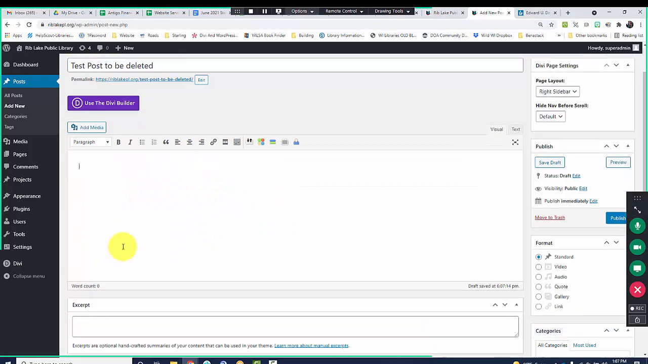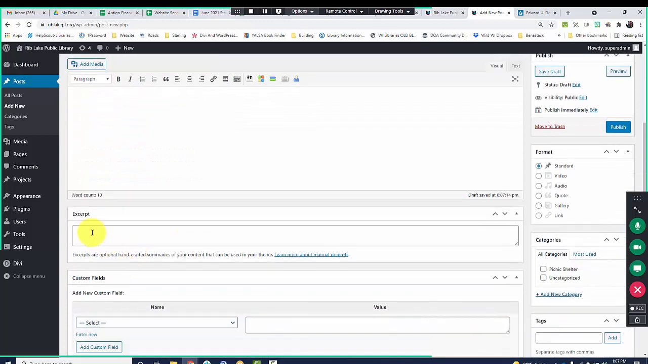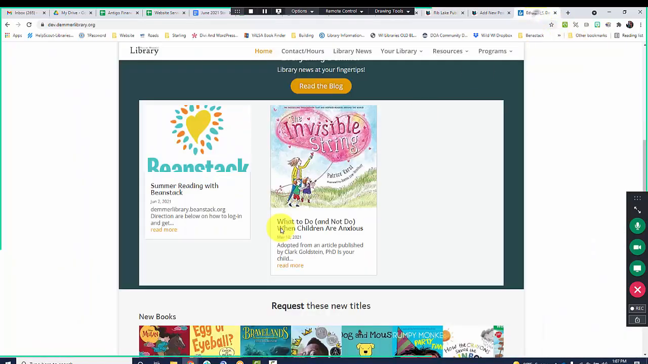And then the dialog box presents us with an area where you can put your content. So I'm just going to type some nonsense, right? If we scroll further down, you'll see an area for an excerpt. When a blog rests on a home page or on an interior page, you can say, I want it to display